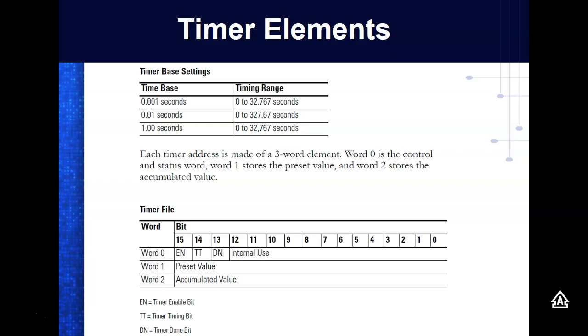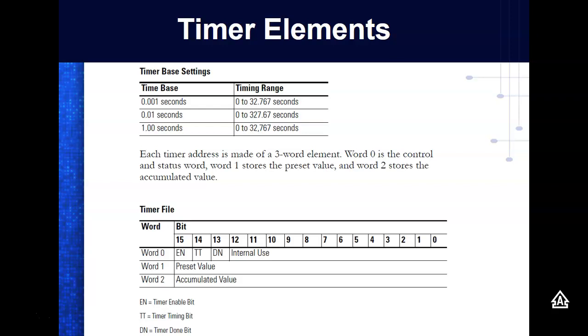So word 1 holds your preset value, word 2 your accumulated value. So this is the actual address I go to. So if I wanted to get to the enable bit, I put T4:0, word 0, slash